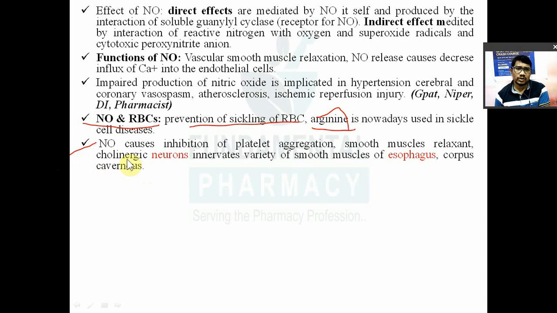So cholinergic neurons innervate a variety of smooth muscle, for example the esophagus. Esophagus का smooth muscle है ना, असली कोलिन का है. And corpus cavernosus. कॉर्पस कैवर्नोसस ऑफ योर पेनिस. पेनिस का जो contractile muscle होता है corpus cavernosus, that is also innervated by this acetylcholine containing neuron, and there is a release